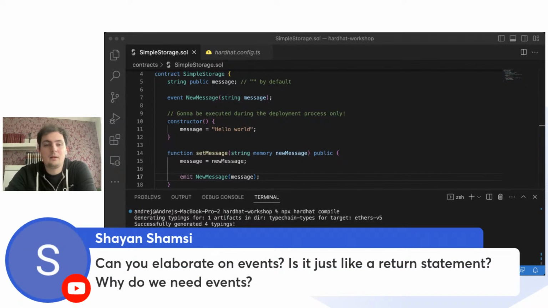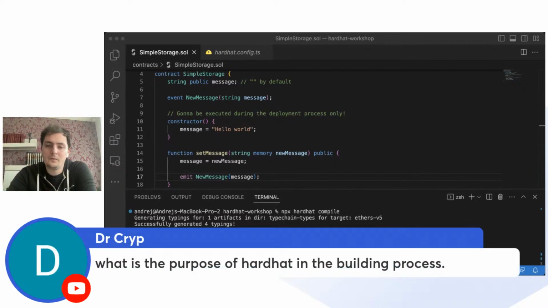Yeah, pretty much the same. We need to emit events if we want to display. So an event is literally like a console log from the blockchain. What is the purpose of Hardhat in the building process? So it's for compiling smart contracts, for smart contract development, for writing tests, and for deploying to the blockchain. So testing and